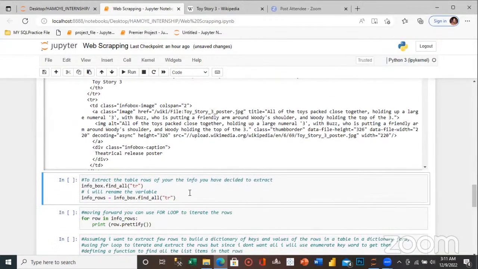In the next cell, to extract the table rows of the information you have decided to extract. Now we're trying to get a table and we need to extract the rows of the information we're looking for, from the table we want to extract. So I will say info_box dot find_all, using this function to find all the table rows in the table I am looking at. Then I will rename the variable: instead of info_box, I will name it information_rows, because it is info_box dot find_all table rows. So when I run this,